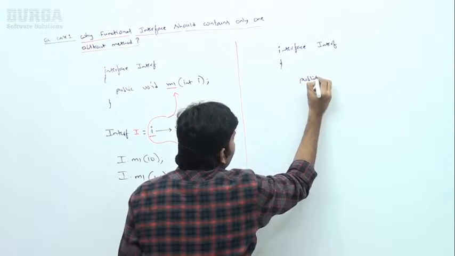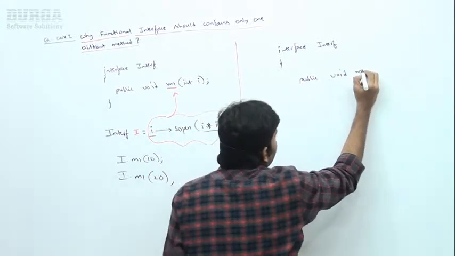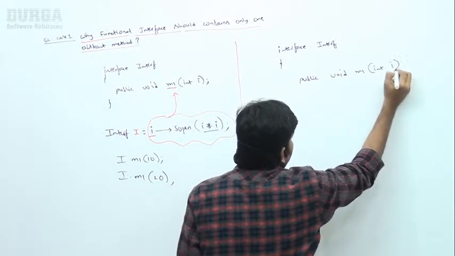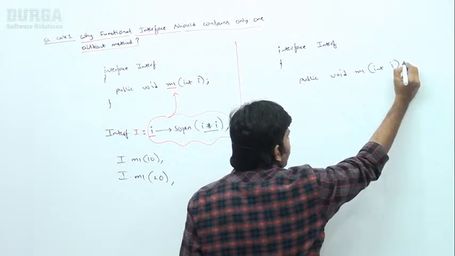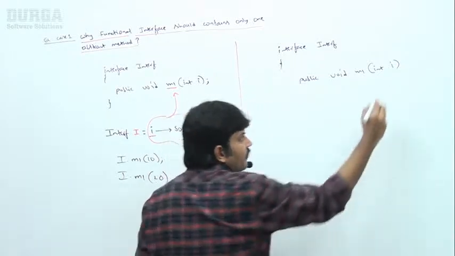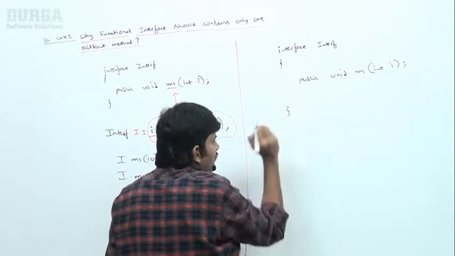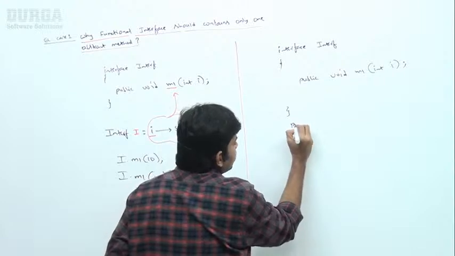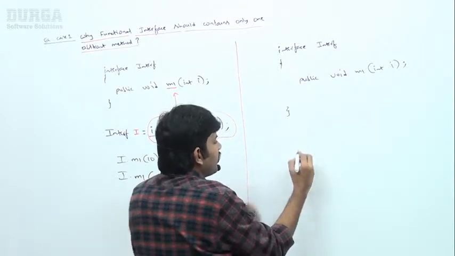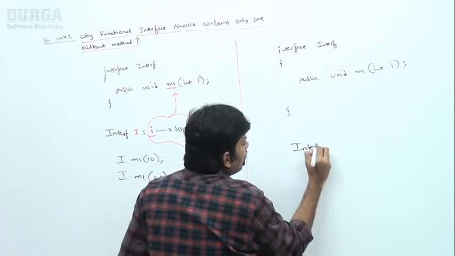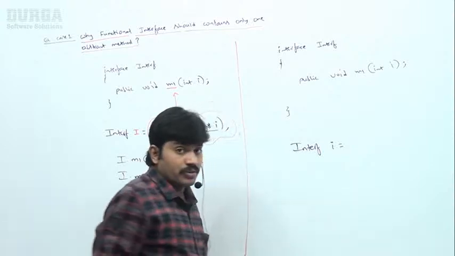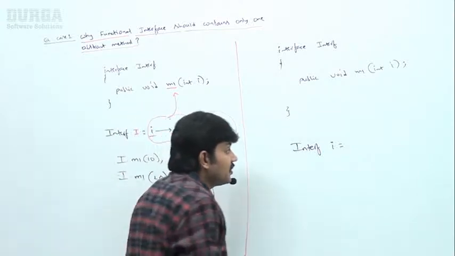I have a public void m1 method with int i. Same example only, right? Public void m1 of int i is there. I wrote a lambda expression, right? Of course, can I spell out the way, sir? Interf i is equal to, take very special care, sir. Interf i is equal to